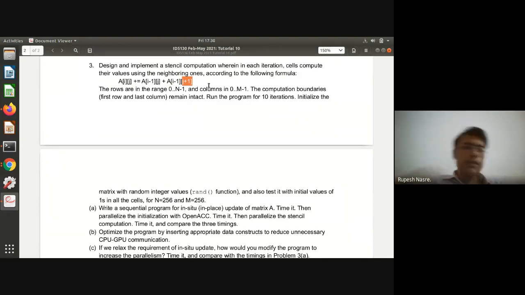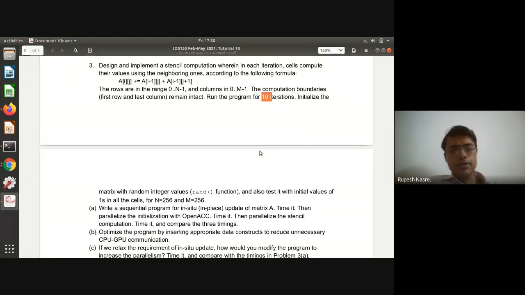So we can assume for now that it's an n cross m dimensional matrix, which means that it need not be a square matrix. And we are probably running it, let's say, for 10 iterations. Since we are talking about the previous row and next column, this is not defined for i equal to 0 and j equal to n minus 1, or j equal to m minus 1. So we can take care of that boundary, the upper row and the last column. You can ignore that for these two cases.